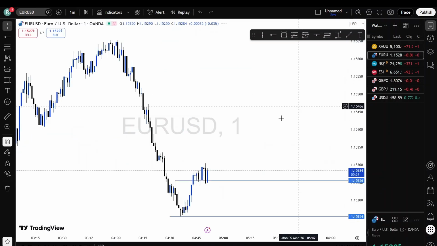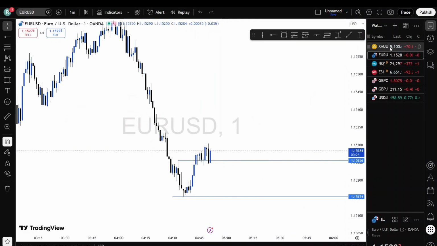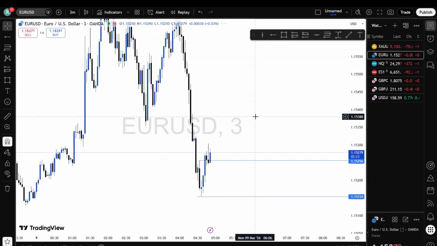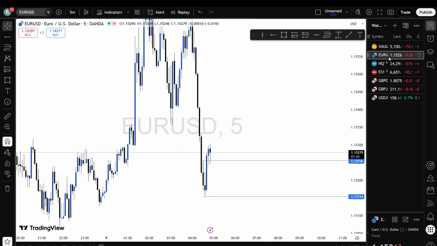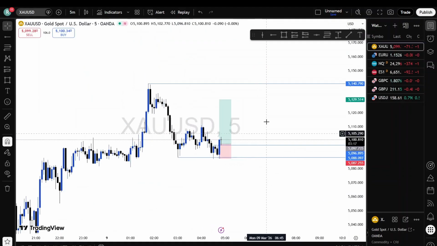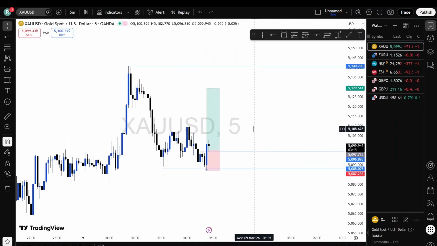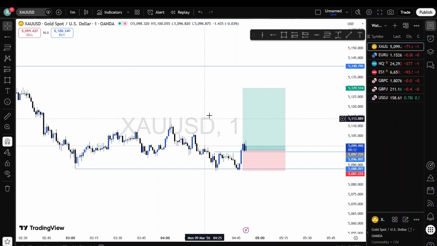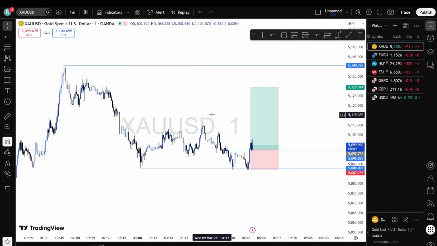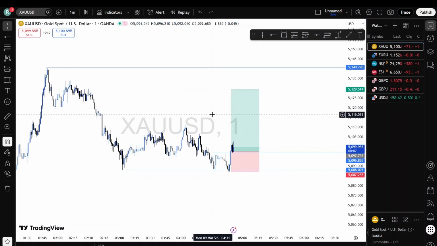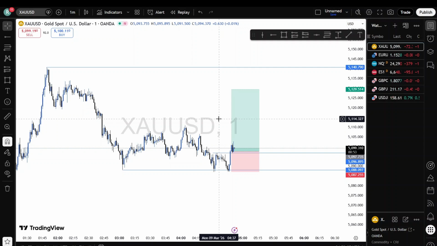Now let's check EURUSD. I think now we don't need to check EURUSD because we have entered this gold trade. If we get TP, then we'll be done for the day. Okay, and if we hit SL, then also we're done for the day. Our limit will be hit and we're done. So if we see,